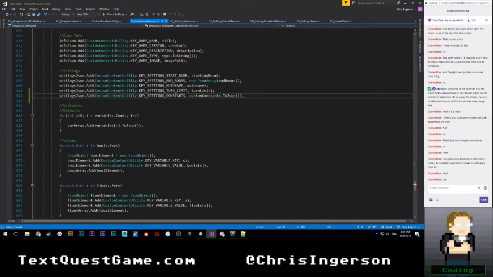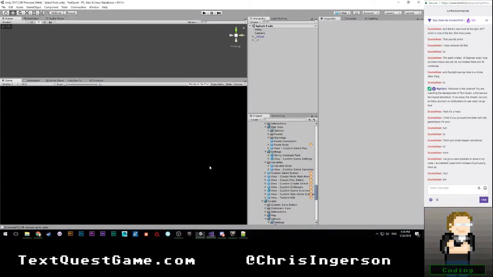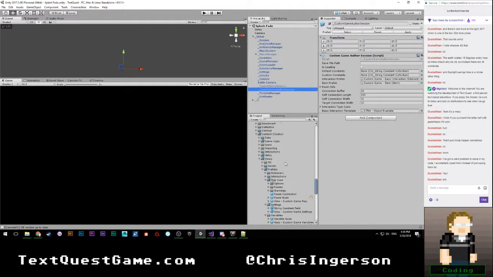Okay, so that should handle saving and loading it, as well as initializing it if it doesn't exist, and that means that everything should work. So let's try that. I do think I still need to assign custom game author session, so I need to assign these default values, of course. But then after that, we should be good.